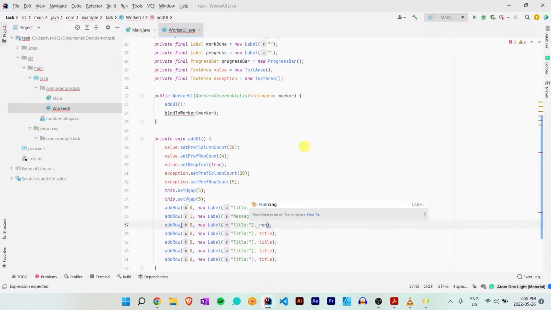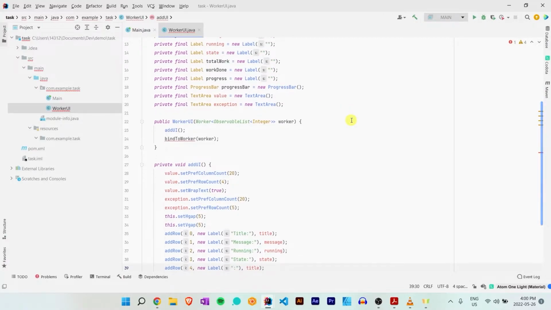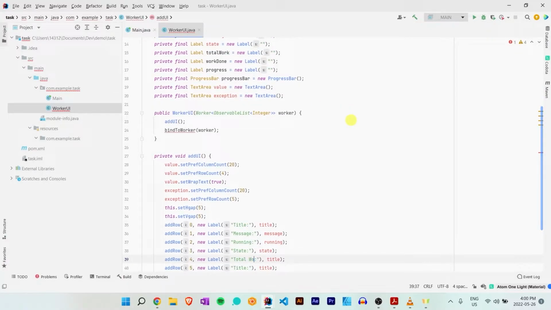And then message, we'll do running state, and this will be running state, and then 2, 3, this will be 4, this will be 5, this will be 6, and I think we'll actually need more than that. But for now, after the state, what do we have? I think we had, let's go up again, total work. Okay, total work,